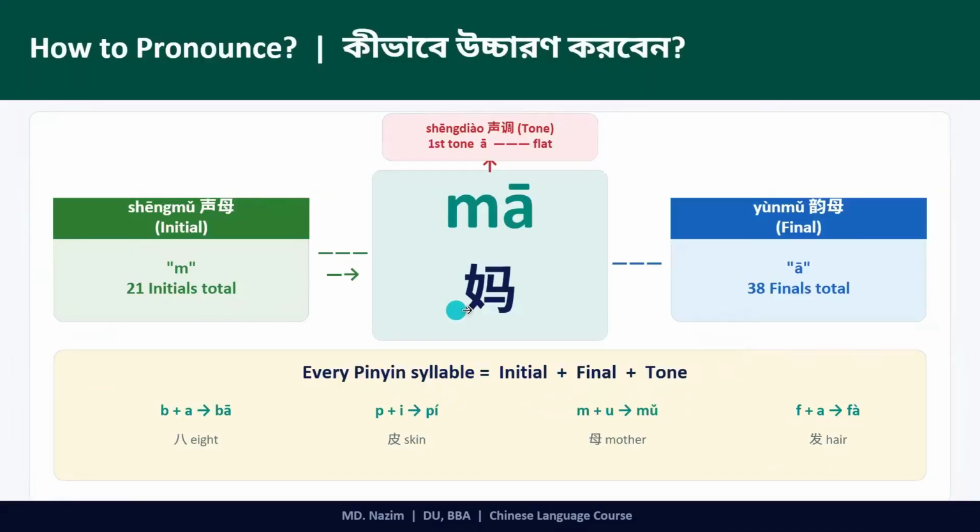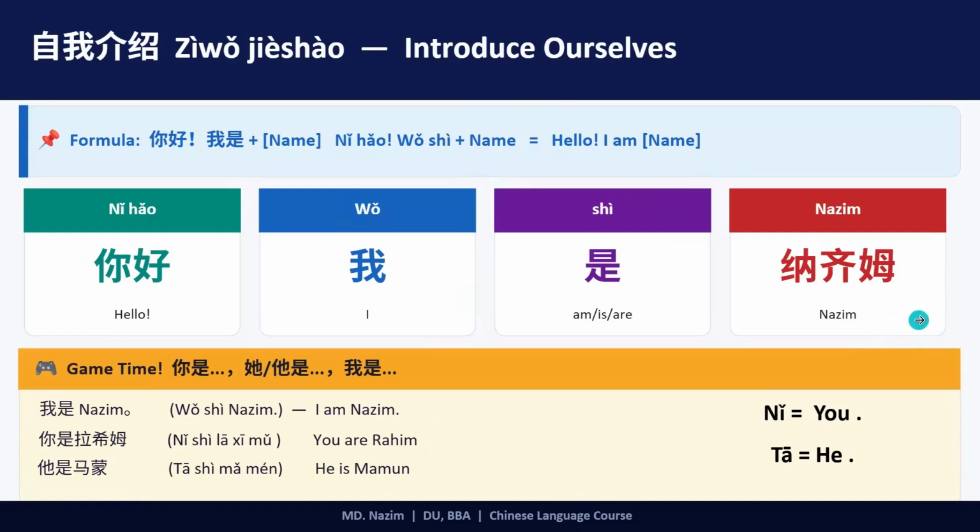Once you understand these three parts, reading and pronouncing Chinese becomes much easier. In our next lesson, we'll learn some groups of the 21 initials and begin learning the most common finals, because in Chinese tones, suppose you have the same initial, same finals, but different meanings because of the tone.